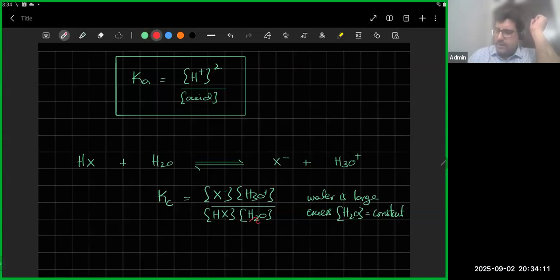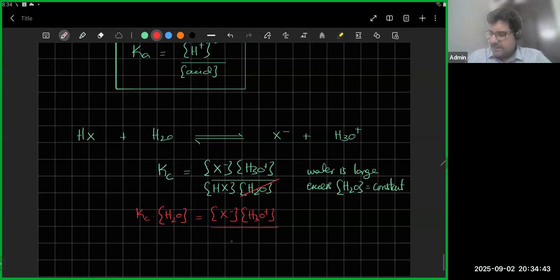So you don't write water in the expression. If you rearrange and put all the constants together, it's going to look like this: Kc times water concentration, which is also constant. Because remember, everything is happening in aqueous solution, so water is in very large excess, and if something is in very large excess, the concentration is not going to change, and you'll be left with X minus 1 and H3O plus 1,